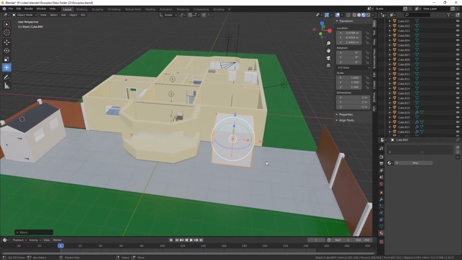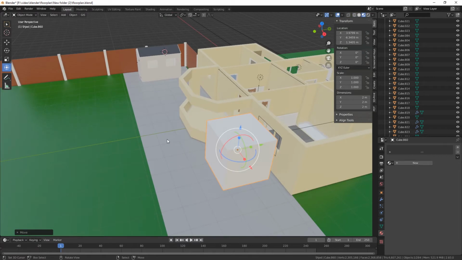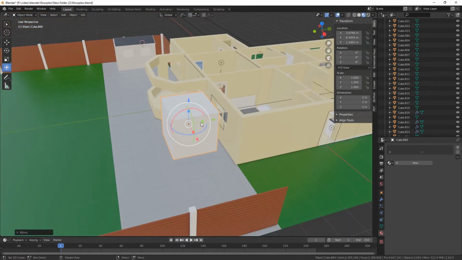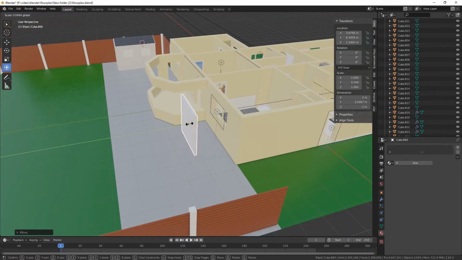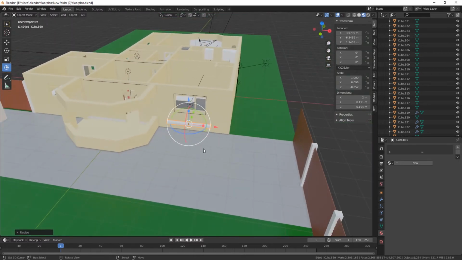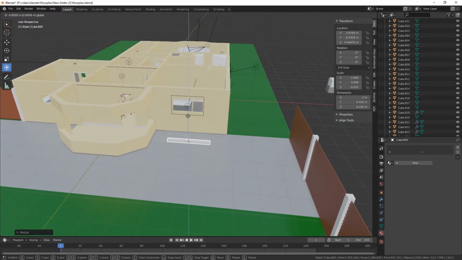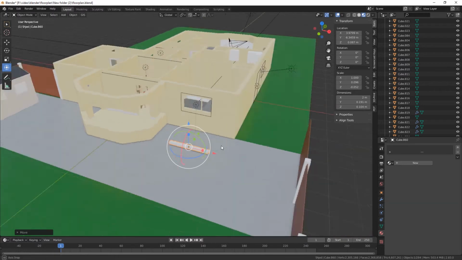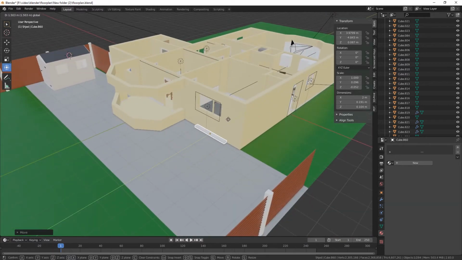Bring that on over, and then let's just focus on that. Let's just bring it on in maybe that wide, that sort of thin. So we could have a bit of decking here,